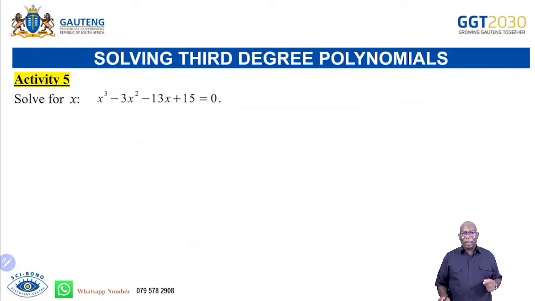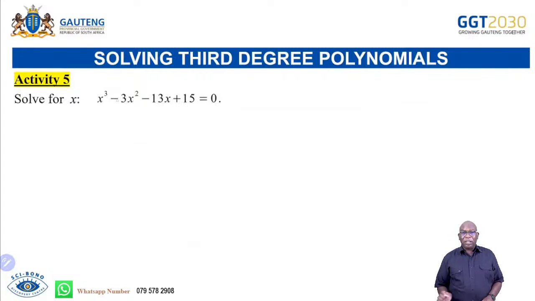This question helps you to determine the x-intercept of a cubic graph. If I'm unable to solve this type of question, I'll have problems getting the x-intercepts of the graph. And the x-intercepts are very crucial in drawing a correct cubic graph. So in this case, if I can just say solve this x,